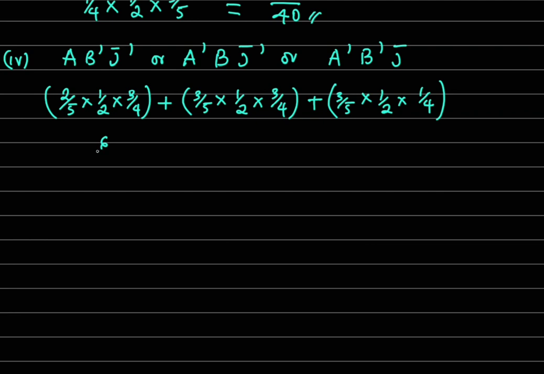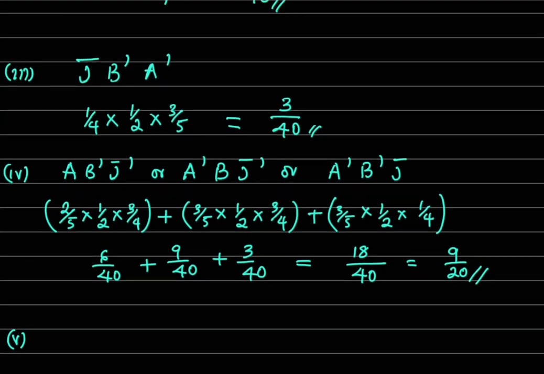This is going to be 6 all over 40, then plus the next one will be 9 over 40. Then plus the next one will be 3 over 40. So you can see that the LCMs are the same. So we have 40. Then it's going to be 18, which is going to be 9 over 20. So we are done. That is the answer to that. Then let's go to the fifth one. The fifth one says